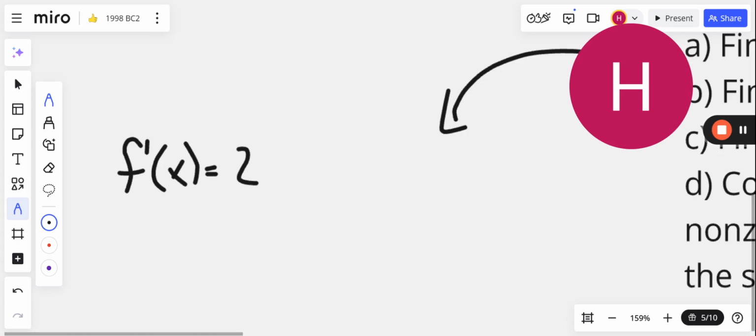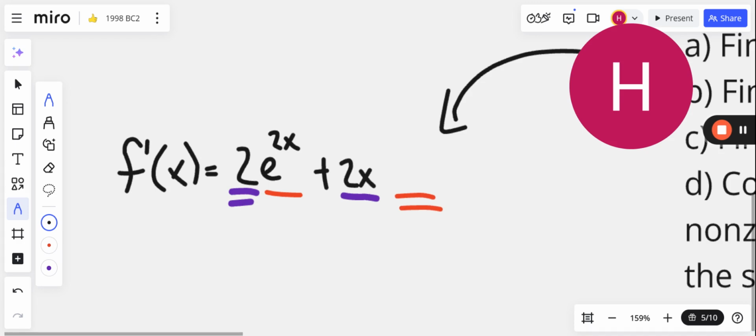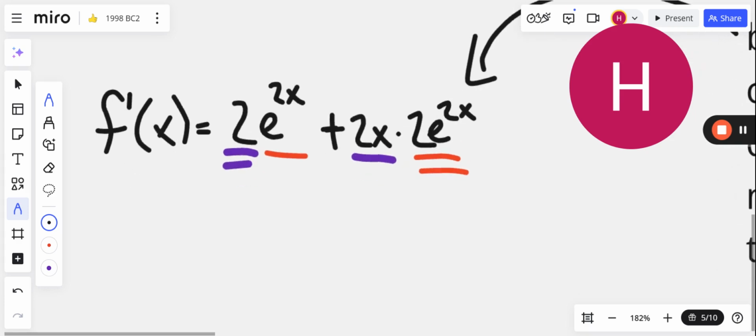Take the derivative of the first. I like to do this. And what that reminds me is to take a derivative of the first, that's the double bars, and leave the second thing the same. Plus I leave the first thing the same, and the double bars tell me to take a derivative of the second part, that's going to be 2e to the 2x. So if I factor out 2e to the 2x from the derivative, I'm going to be left with 1 plus